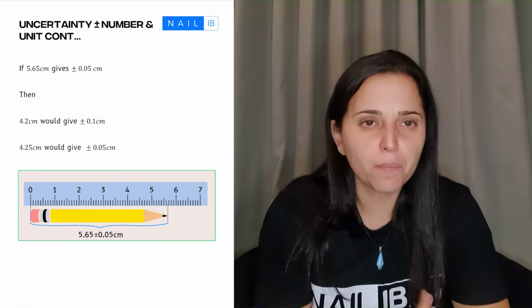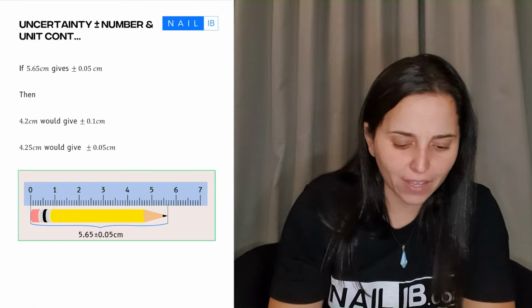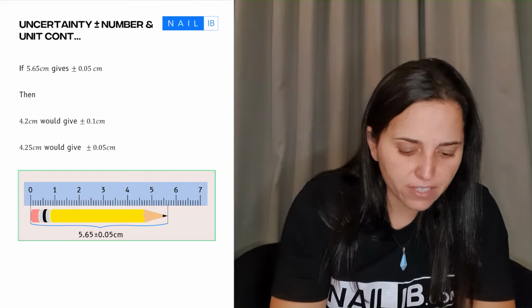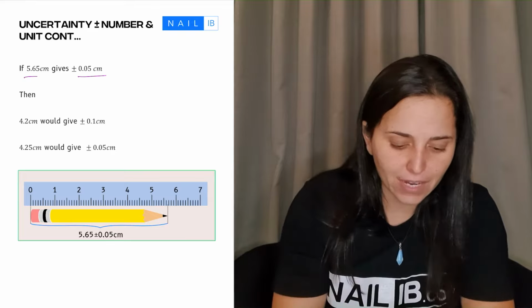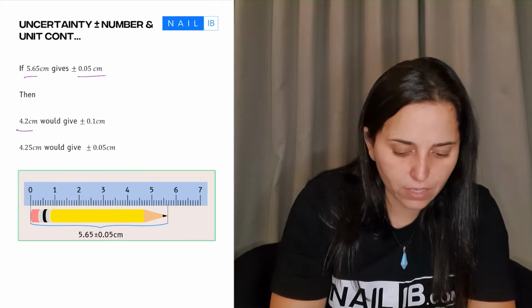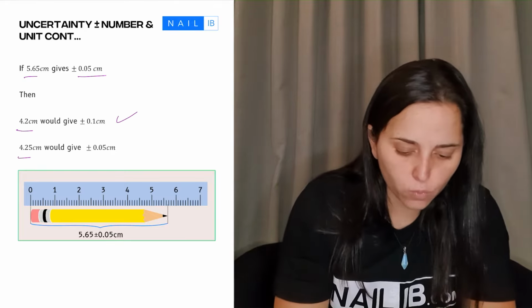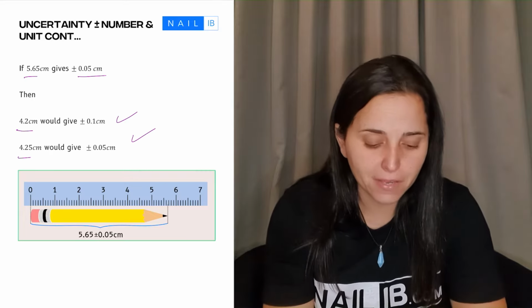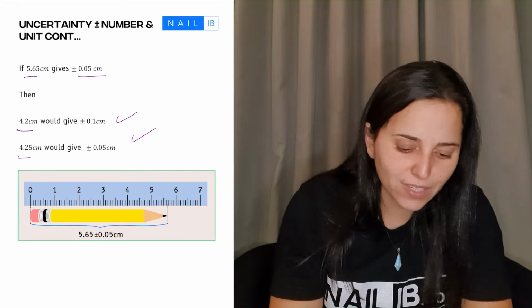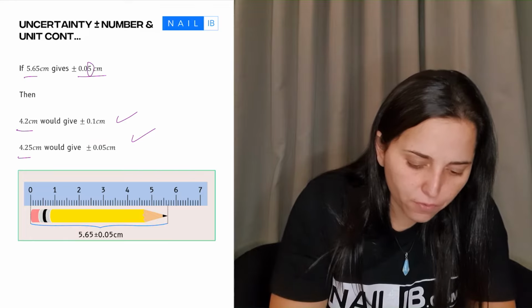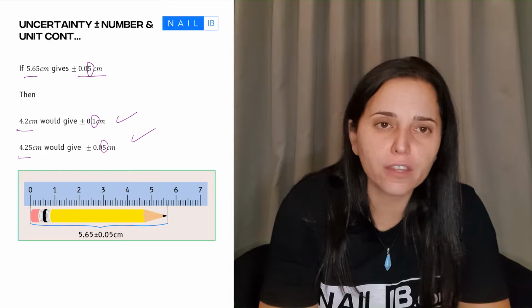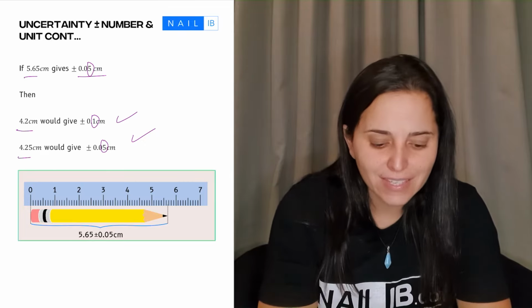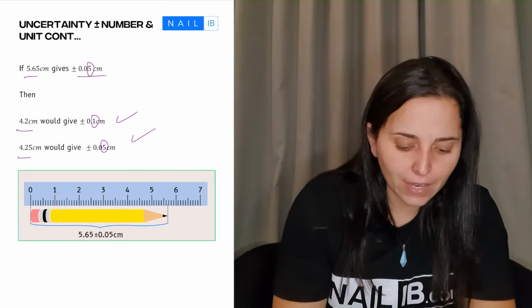So here is another example. Again, let's practice to make sure that you really got this. So you have a 565 gives that it's a 0.05 centimeters. Then if this is this, what would it give, this one. And if this is this, what would it give, this one? Does that make sense? Why am I using here a 5, right? And this time I use the 1 from the previous video that you saw, the previous slide that I was talking about. Simply because, again, that